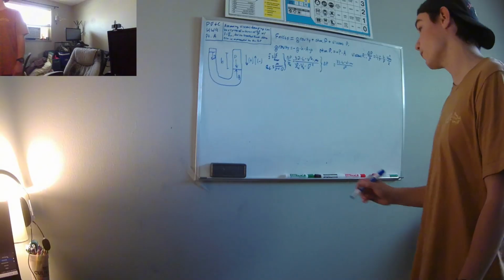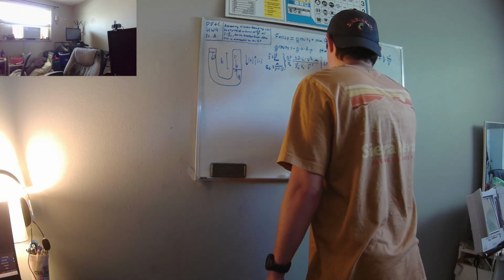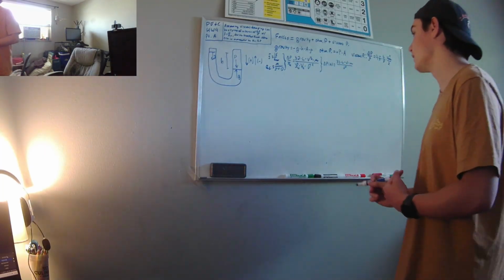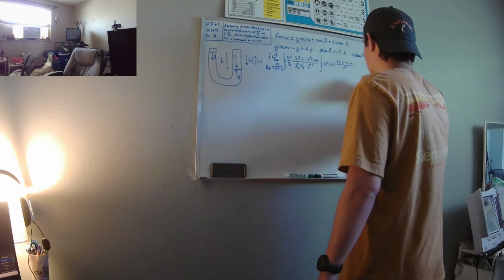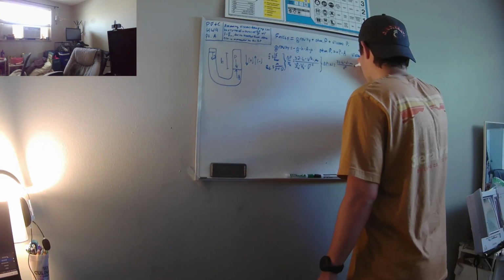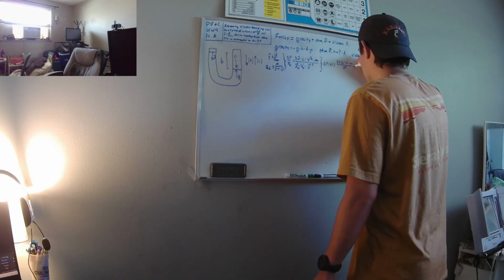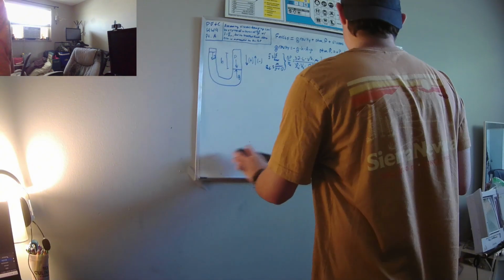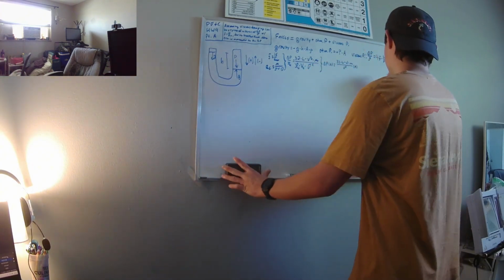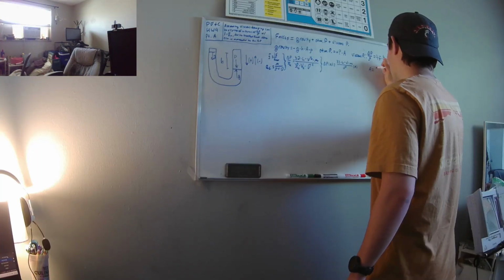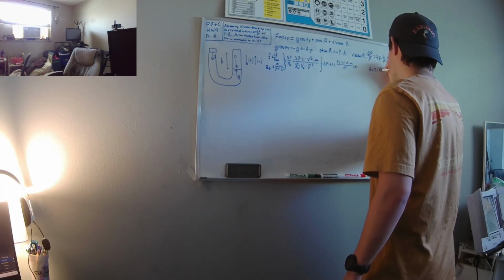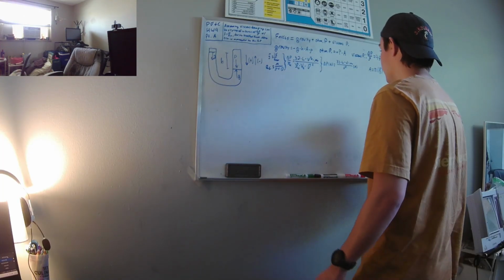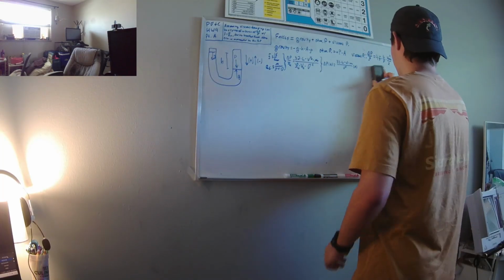To simplify this down even further, we're going to multiply each side by the area, as we know that we're going to need this in this form anyway, as our force, again, equals our pressure times our area. So multiplying both sides by the area, and then substituting out our area, as we know that our area is going to just equal pi times d over 2, i.e. our radius, squared, or pi r squared. If we sub that in to our expression right here,